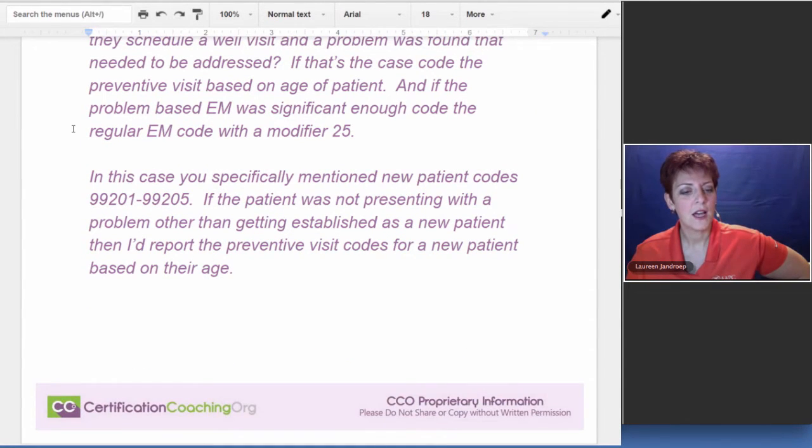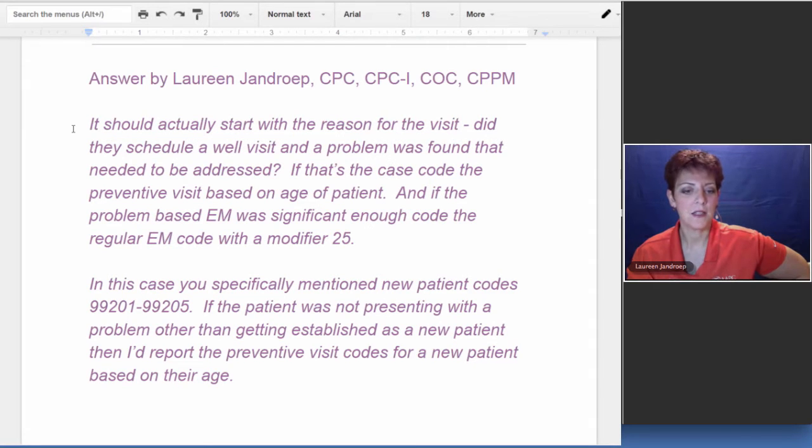Okay, so in this case, the questioner was specifically mentioning new patient codes. So maybe the patient's not sick, maybe they're coming in to get established as a new patient, they just moved to the area. For me personally, I would still use the preventative visit codes, but you really want to go by how the payers want you to do it. But there's no illness, and in my book, if there's no illness, that's a preventative visit. And if you scroll down a little bit more,